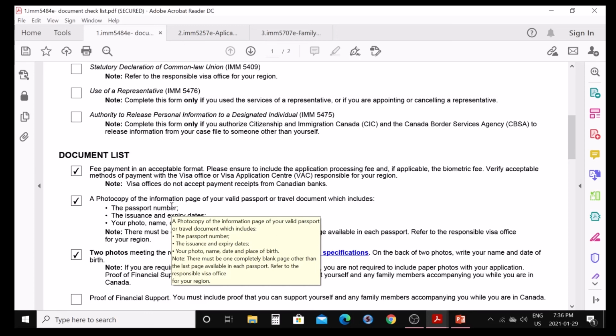But if you are applying for mom and dad, you can put all the documents which are separate for them. The letter of invitation will be one for both of them, so you can put it at the end. Fees, if you have 2 separate receipts for them, or if 1 receipt you can put it in the first one. You don't need a passport photocopy, you will have different, 2 photos you will have different, so you're going to put them one by one. And you need 2 document checklists, one on one application and the other on the other application, and then put them all in one envelope. And as I told in my previous video, go to the visa application center, submit there, and you are done.